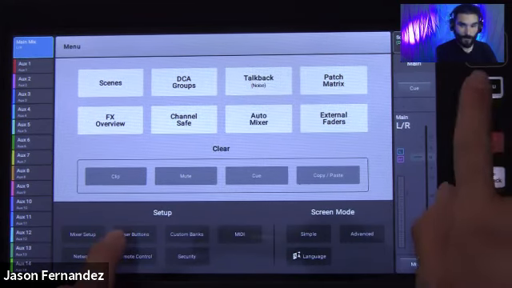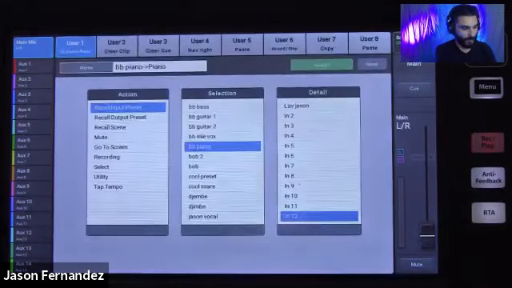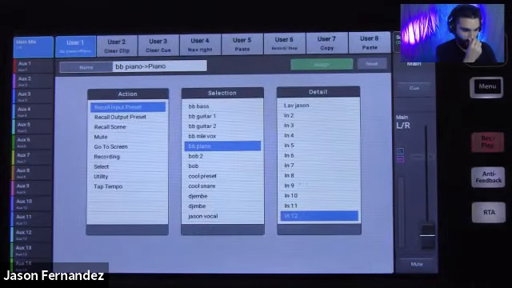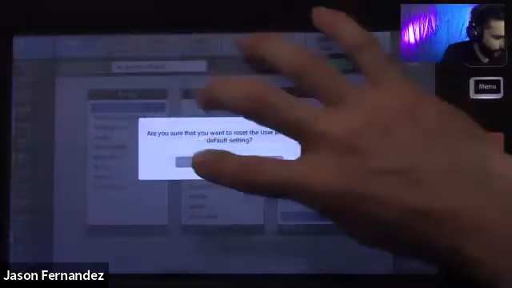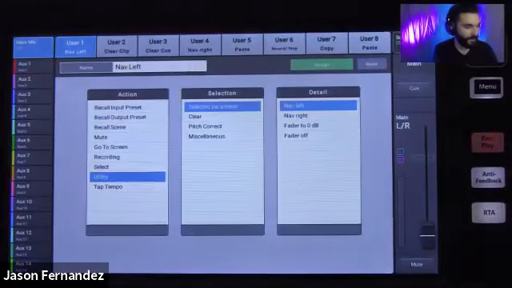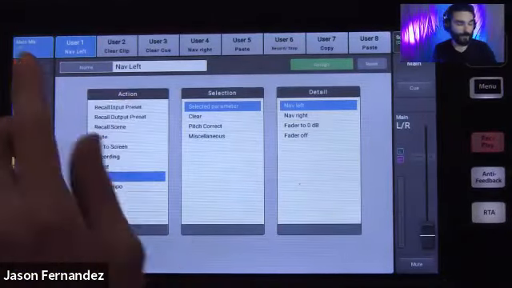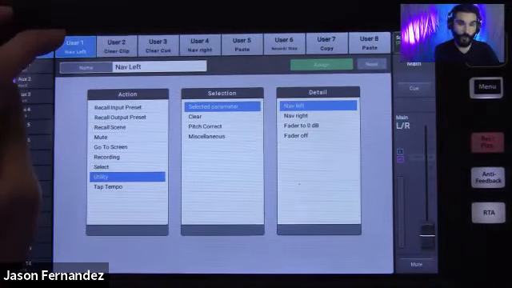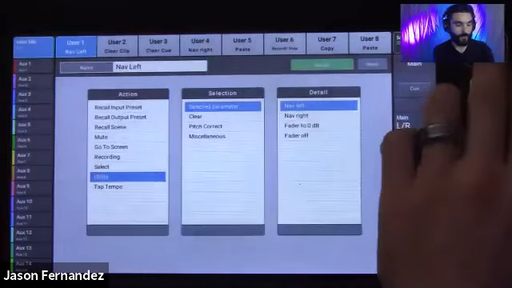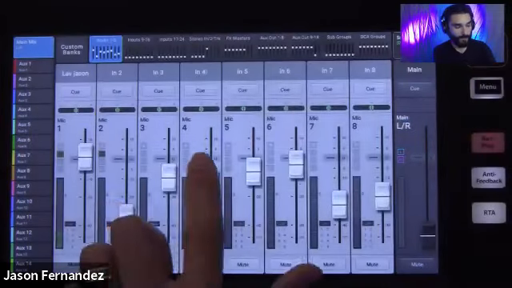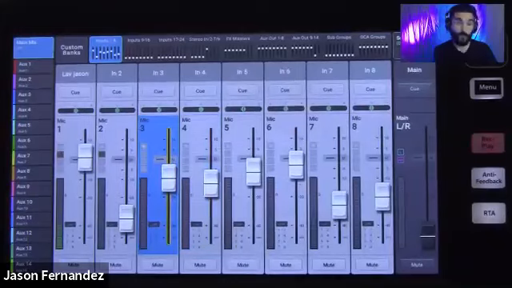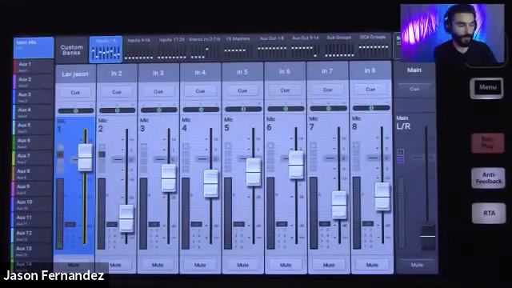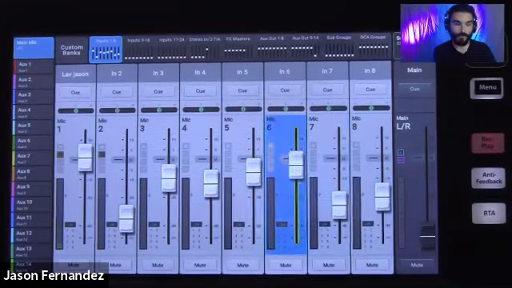If I go into my menu and I select user buttons here, I can see my user buttons screen here. By default, let me actually reset all of these because I have used a couple of them. On the 30, the first 4 default to navigation left, so U1 is going to be nav left. So just to show you what that does, if I'm on my main mix screen and I select a fader and I start pressing U1, it's going to just scrub through my faders to the left.